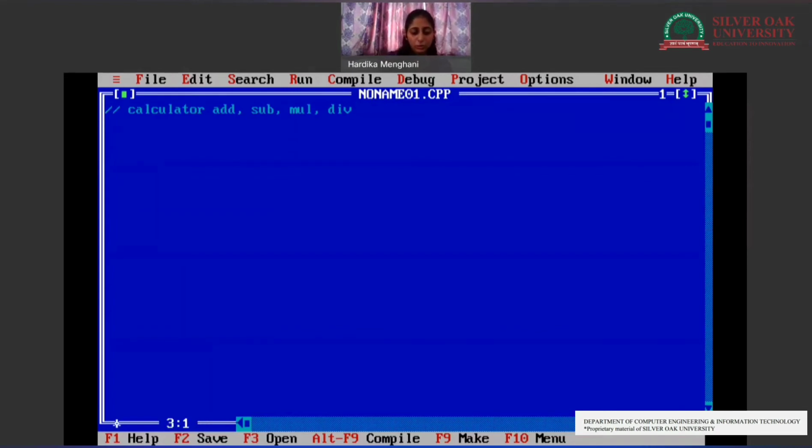Okay, so we will be including our header files: include stdio.h, include conio.h, void main. The main is the execution point of any C program. Now, we will be getting the values from the user on which we want to perform the operation. So we are taking integer values, supposedly A and B, and answer, in which the values will be stored after performing the operation.